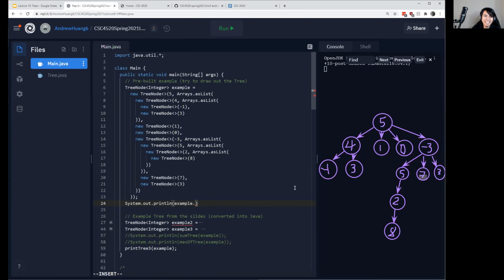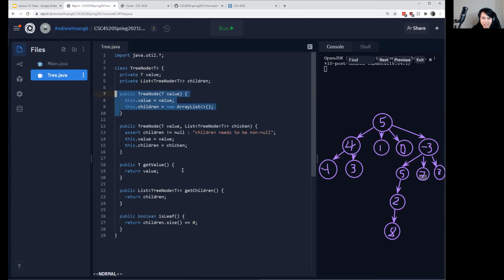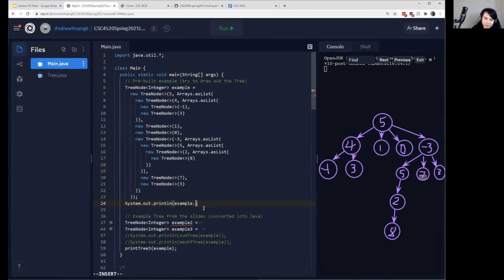All right. Dang, I didn't cover this in the other sections, so we're going to have to review that next lecture. All right, cool. So remember, the 2 methods we have are get value and get children. That's all we have, right? So in this case, we have to type get children, which will, if we just print this out, we'll get a list filled with, 1 second, let me comment a few things out so that you don't get confused here. Please compile. If we just said example.get children,